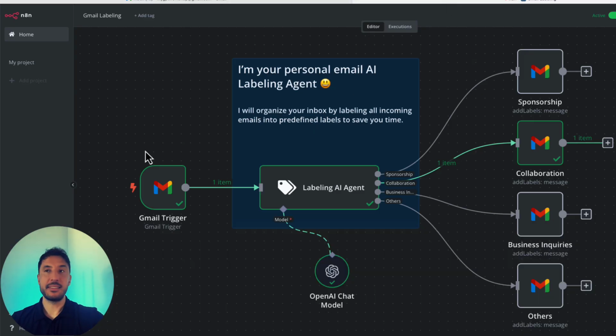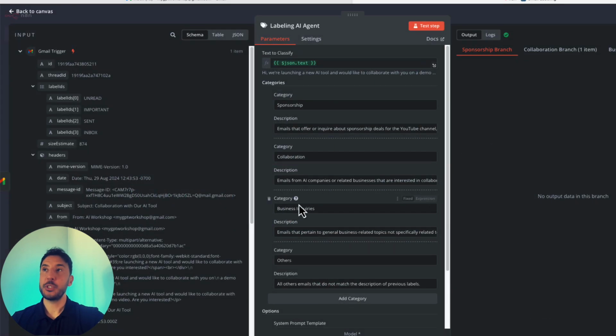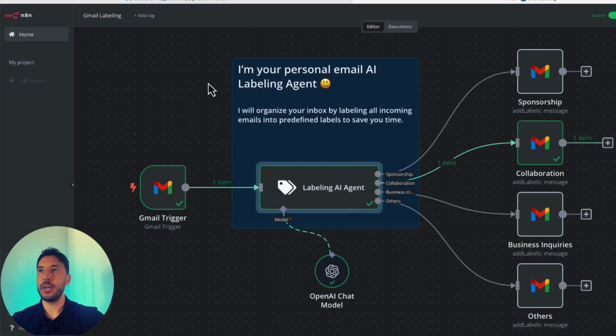I'll show you exactly step by step how to build this agent and go through all the process of organizing your inbox. We're going to build this using a great automation tool called n8n. We're going to utilize the text classifier node on n8n, which is basically an instance of LangChain. Again, if you're not familiar with these terms, don't worry. I'll walk through step by step and explain everything so that we have a good understanding of how this works,